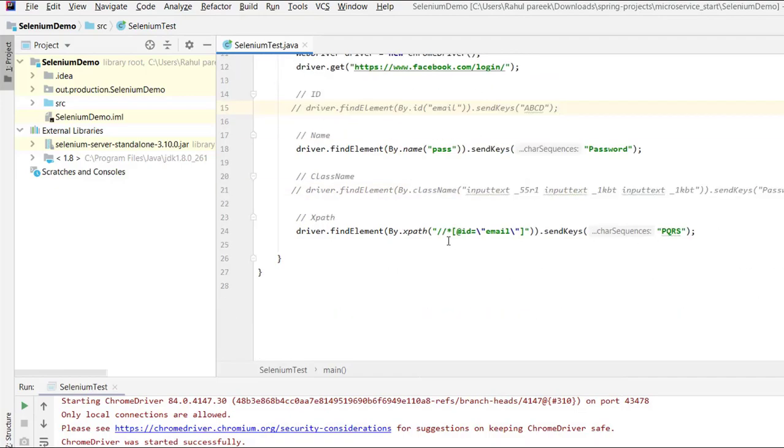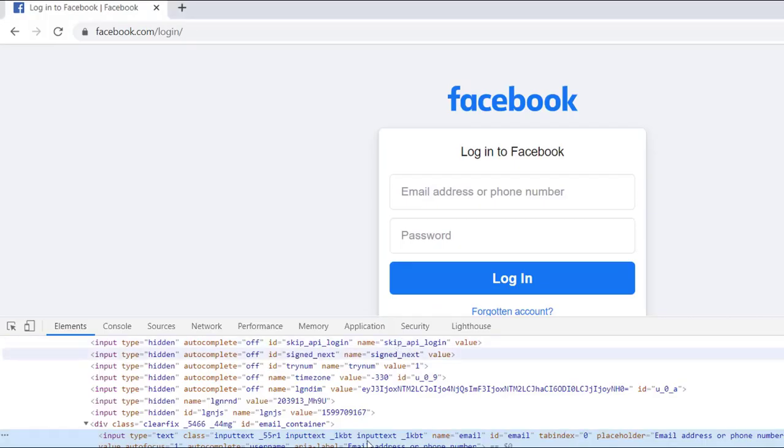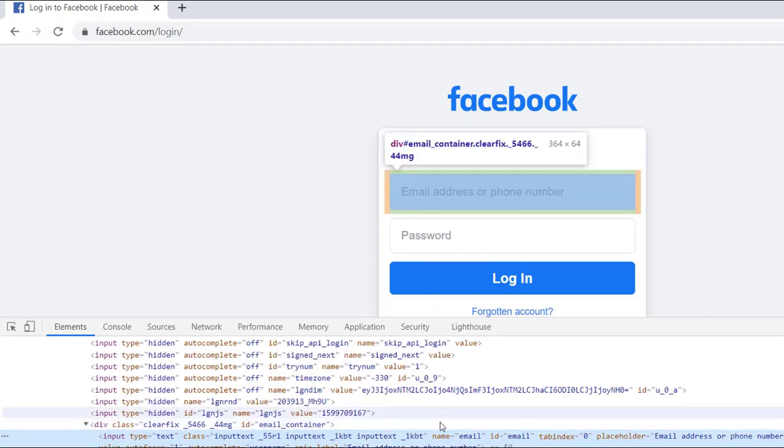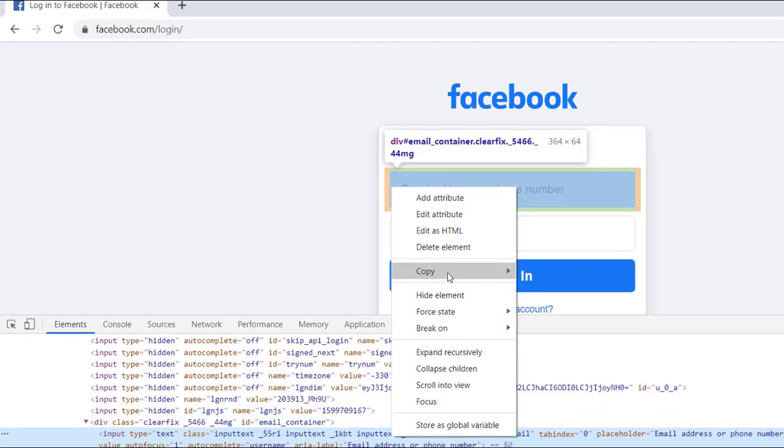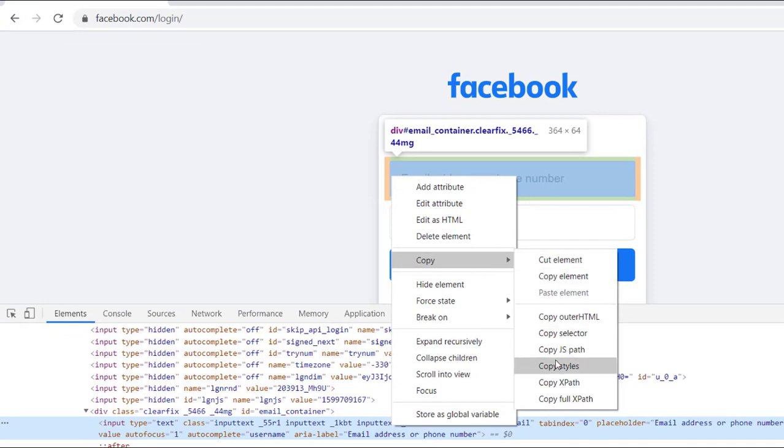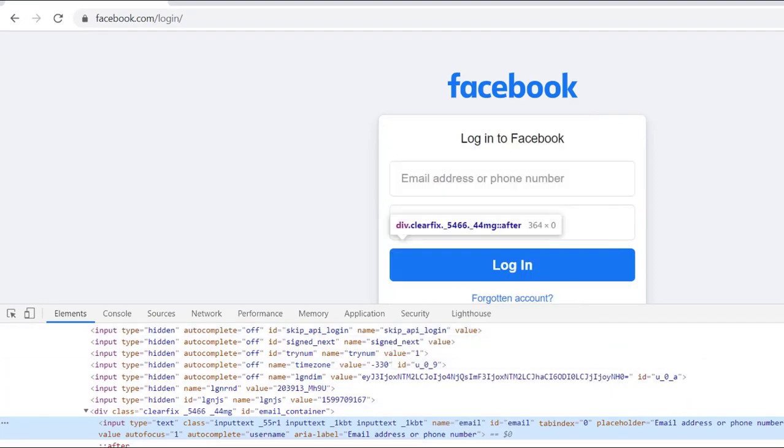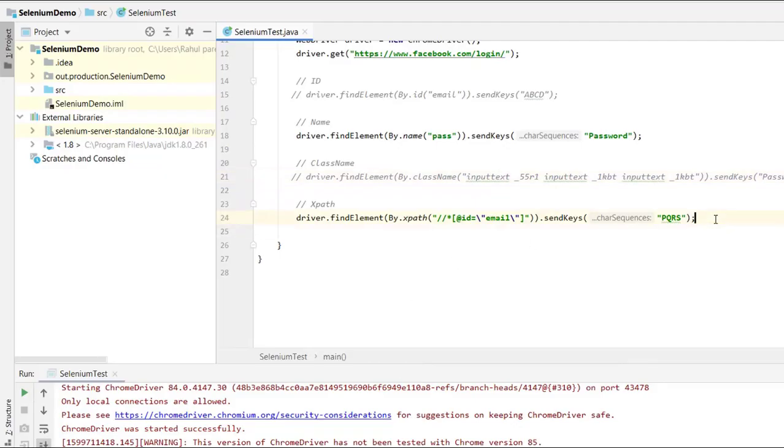Let me show you the CSS locator also, how we can work with CSS locators. We can copy the CSS path by using this copy only on Chrome, and then there is this copy selector. Let me do it for CSS also.